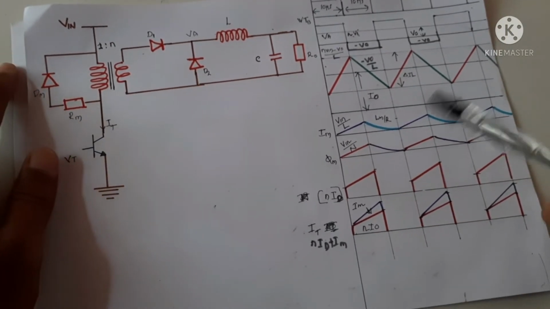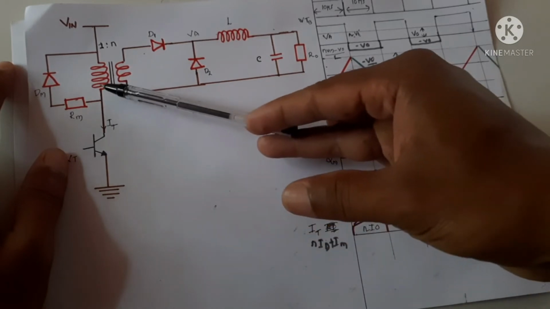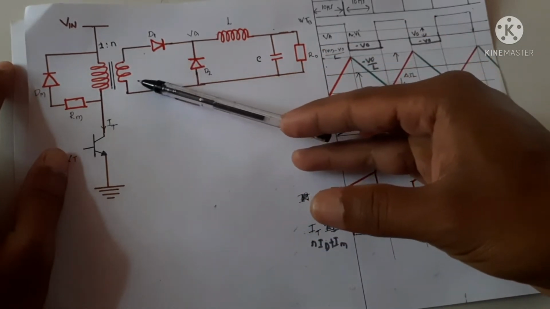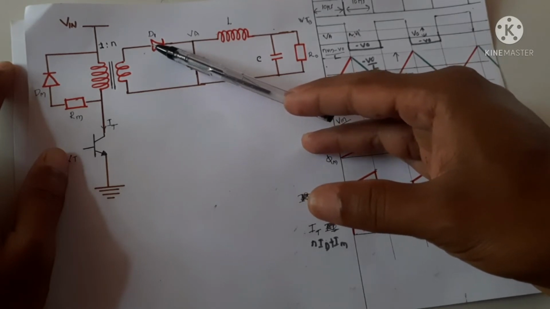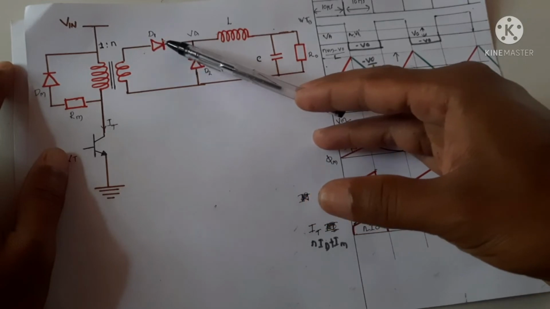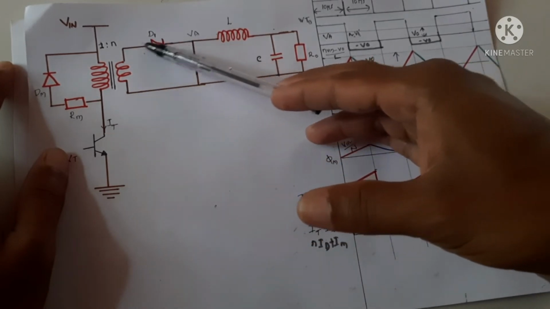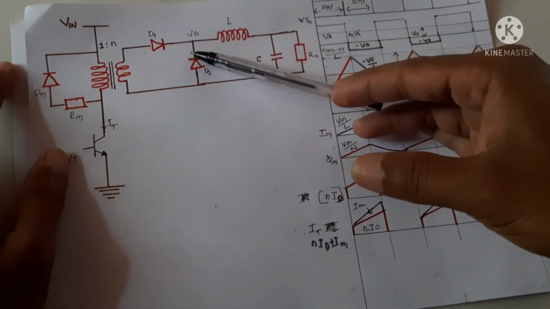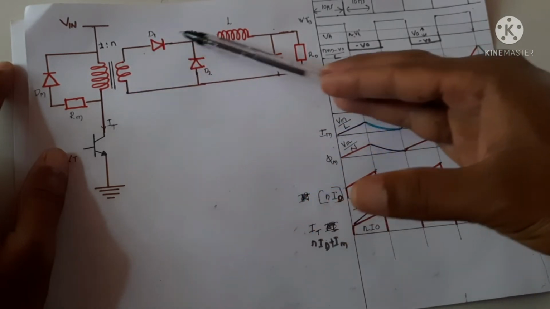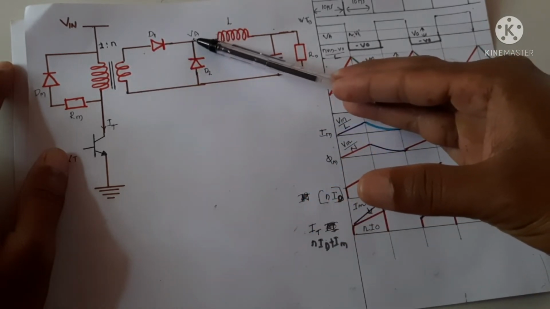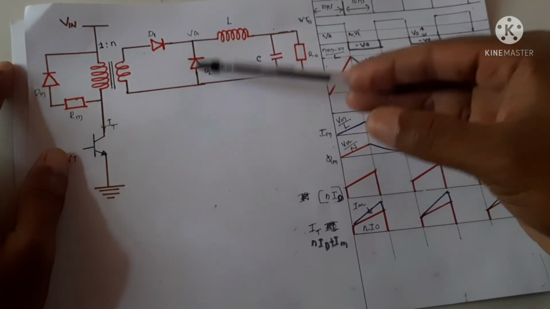Now if we look at the voltage ratings, when the switch is off, the polarity becomes reversed and this diode becomes reverse biased. When this diode is reverse biased, the voltage across the diode will be N into VIN, 5 volt will drop across it. During the time this is freewheeling and forward biased, N into VIN voltage is also available at this point, and during that time this is reverse biased.